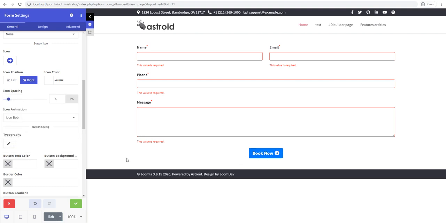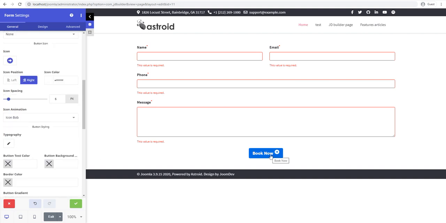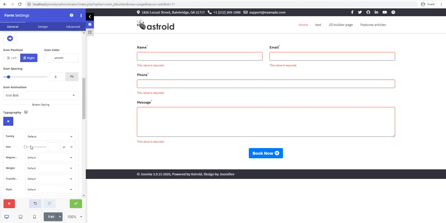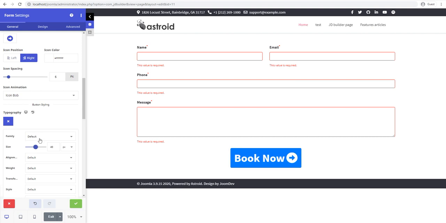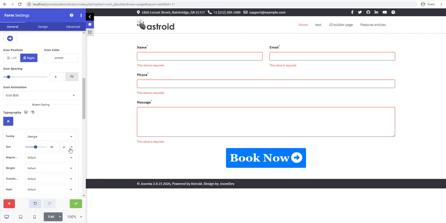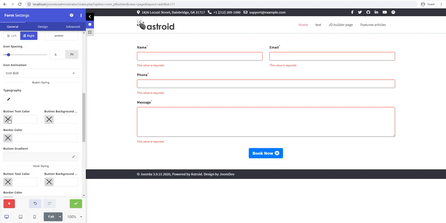So you may not want to use all these animations, but when I say all, I really mean both of these, so the button and the icon animation at the same time, but you may want to use either one of these. Then you have the button styling, which is the typography. So you can change the font size here. You can change the font family here, so you can kind of make your button look ugly if you want to. And I'll just go ahead and reset the typography since I don't need any of this. Then you have the text color,